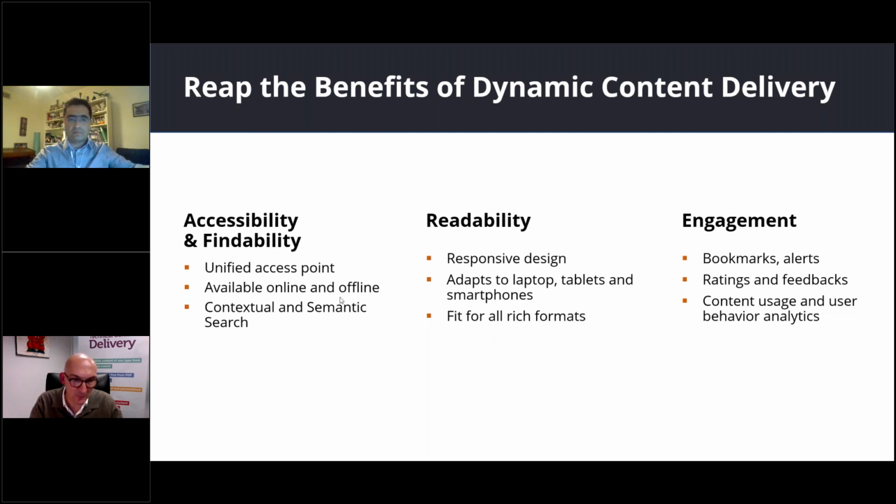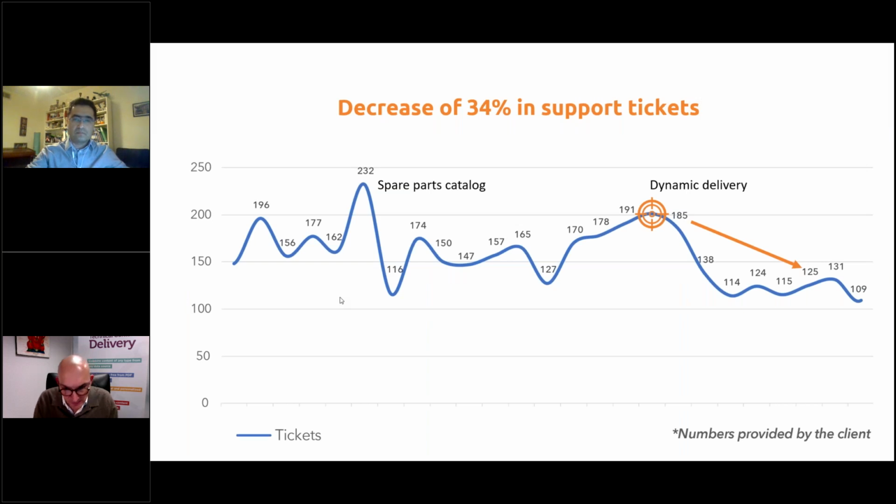And the impact on the next slide was absolutely amazing, because they gave us the number. They called back and they said, you know what? The first month after we launched the portal, we saw a drop of 34% in service tickets. 34%, it's huge. And it was steady. It was not like people discovered it in the first days, they liked it, and then they came back to normal. This really solved the problem, and back to this